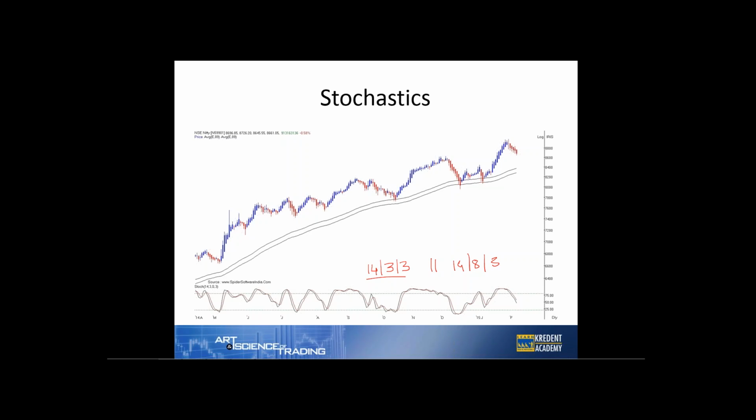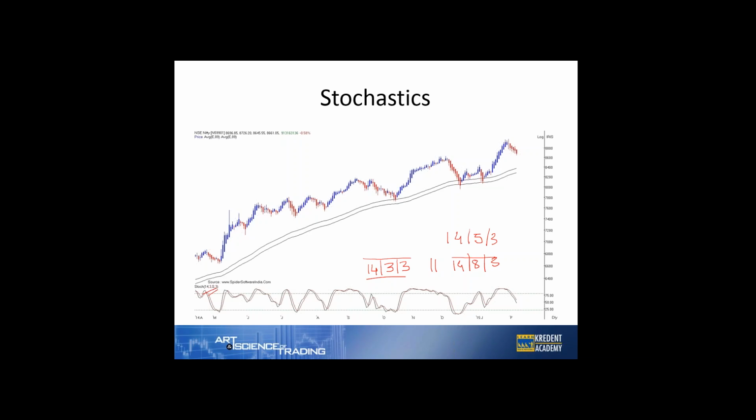Going back to stochastics, this is one indicator that, as I said, is widely used and widely misused also. I will show you a couple of things, and in the next slides I'll be showing you stochastic divergence also. In that case, I will to a large extent answer your question on RSI positive and negative divergences. The parameters that one can use are 14-3-3; 14-8-3 also works well. You can use 14-5-3 also. I'm using 14-3-3 over here in the Spider software.